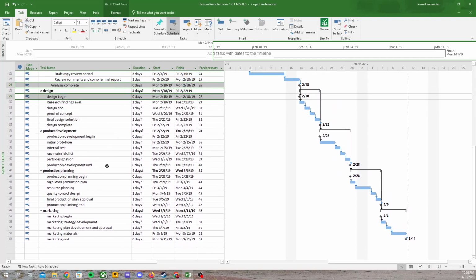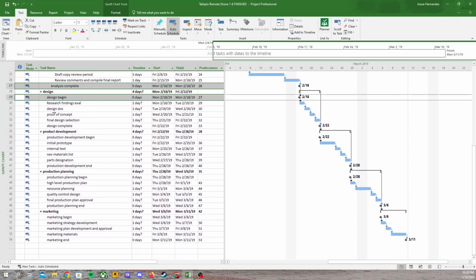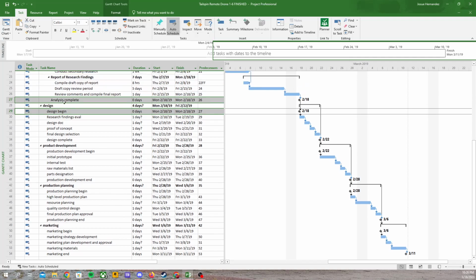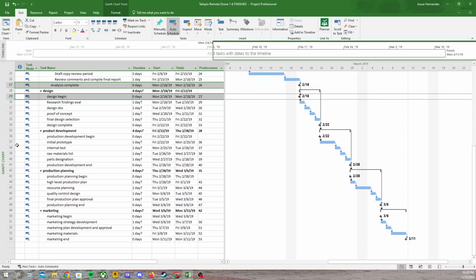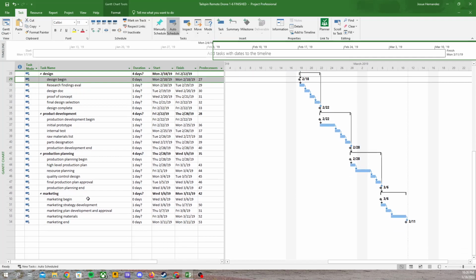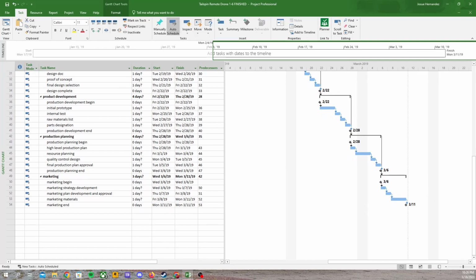And then afterwards, for each of these groups, I had to put their own subtasks. Tasks 29 to 34 would be under design. I had to put a design begin and a design complete, one at the beginning, one at the end, as the subtasks. Same song and dance for product development, production planning, and marketing. And once those were all indented and grouped up together,